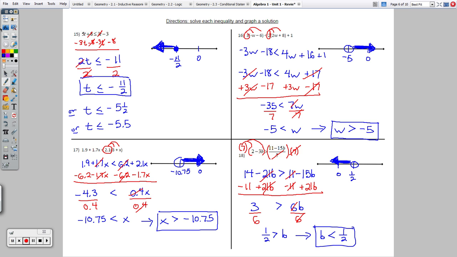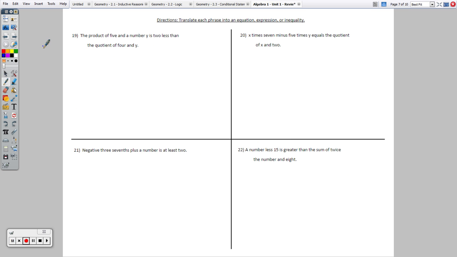Number 19 now. So these ones, directions say translate each phrase into an equation, expression, or inequality. So now I'm reading the sentence and making a mathematical equation, expression, or inequality out of it. So first of all, the product of 5 and a number y, that would be 5y. And then it says is, that means equals